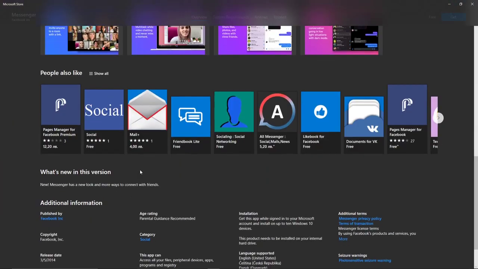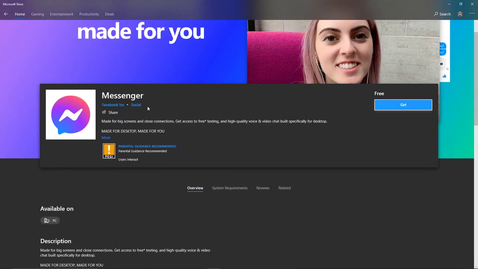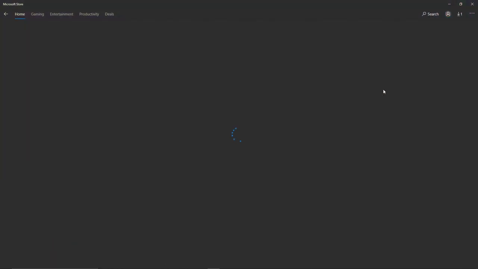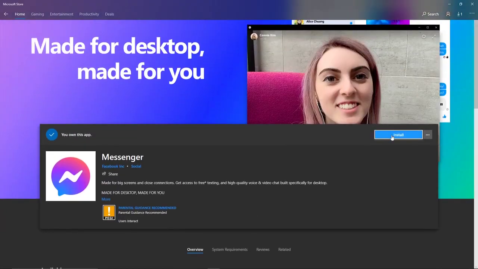Now, as you can see, this is the original Facebook Messenger. It's the original Messenger, so don't worry about it. It's not some virus or hack. Just click here, get, and also it's free. Click here, get, wait a few seconds, and just click here, install,